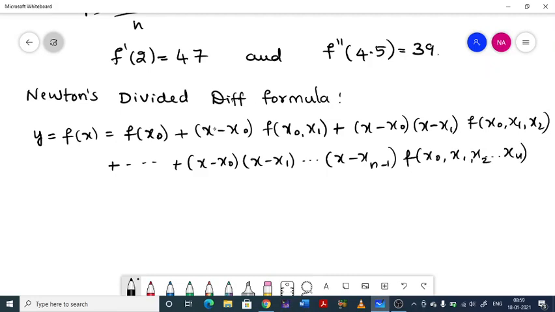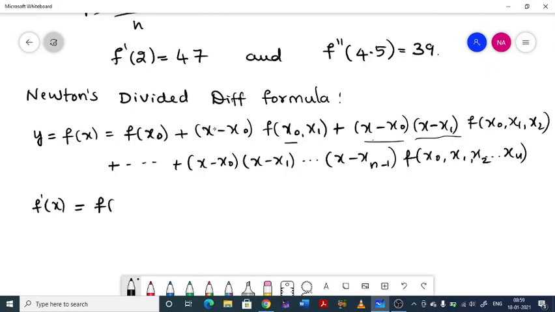So this is Newton's divided difference formula. From that the derivative can be obtained as f dash of x equal to, see here x minus x naught is a variable, but this term f of x naught comma x1 is a constant term, because it is just representing a value, so it will be kept as it is. So for the formula for the derivative, you have to multiply these terms and then differentiate.